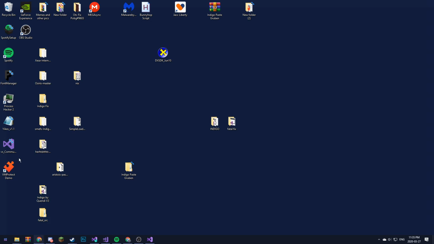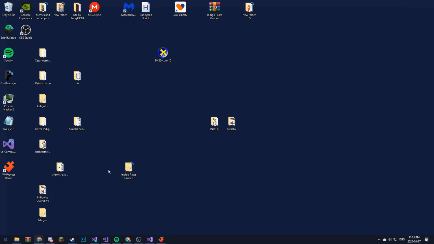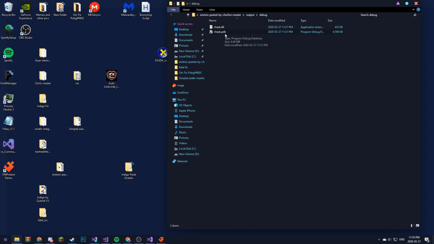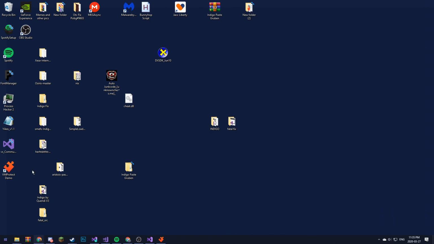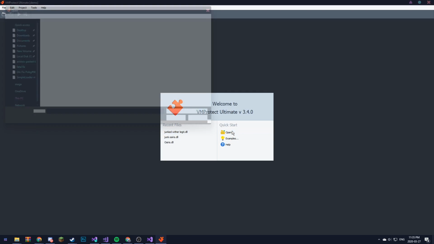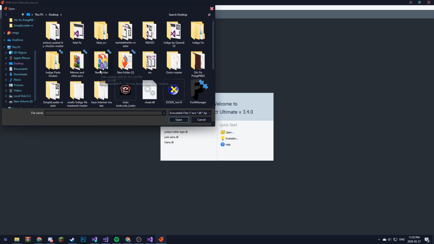And you can use VM Protect. What we've got to do is take out that, and we can just go to output. So now that you have your DLL and you've built it with the junk code, everything, to make it even more secure against VAC, you want to open it. You can just go to desktop,